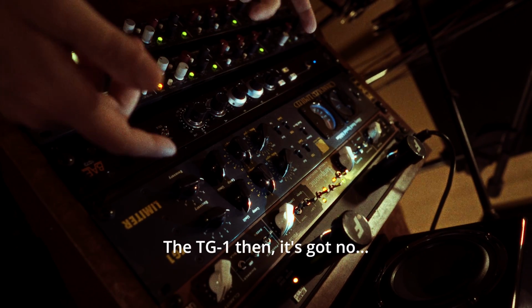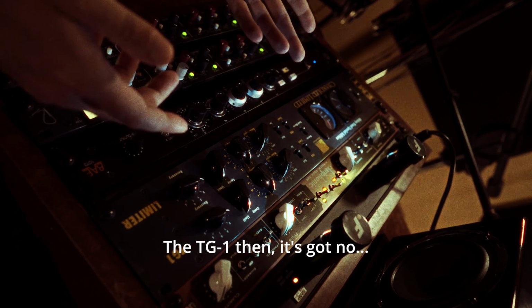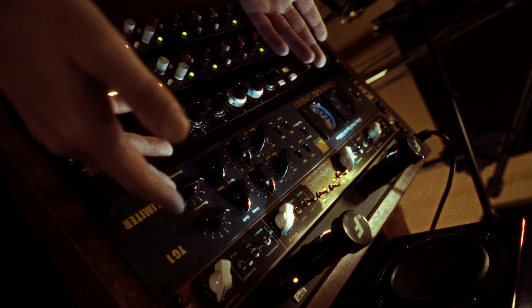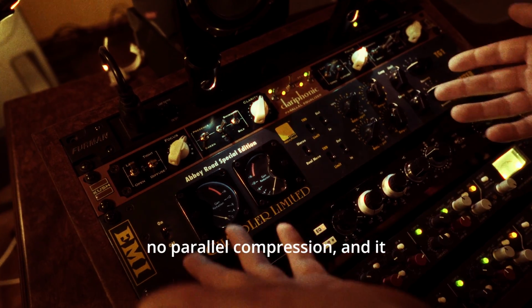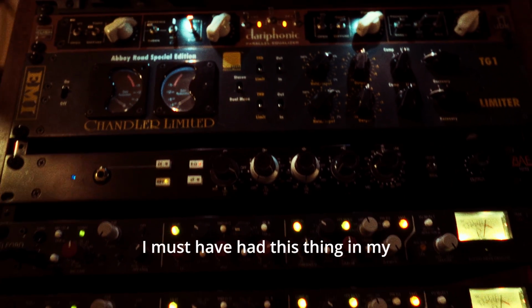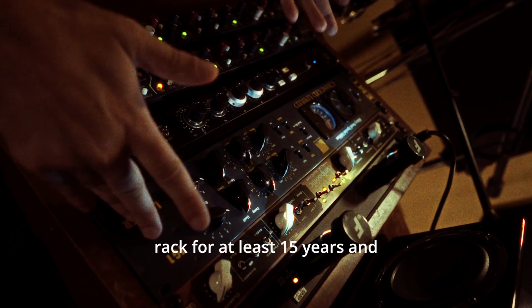The TG1 then, it's got no sidechain, it's got no separate controls for attack or release, no parallel compression, and it doesn't sound like anything else I've ever tried on drums. Must have had this thing in my rack for at least 15 years, and